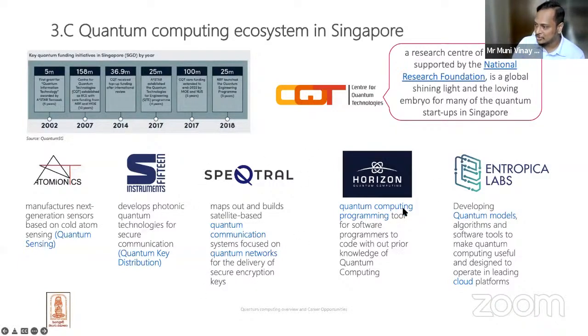And then on the other hand, there are also computing companies like Horizon, which focus only on the programming side. They're building the quantum computing software to interact with quantum computers. Similarly, Entropica Labs is just like IBM or Honeywell or Google. They're building their own cloud-based computing offerings, and a very strong player in Singapore. These 5 companies, and then a small bunch of startups, are the fundamental foundation of Singapore's quantum ecosystem. And it's one string, meaning the idea here is CQT will do lots and lots of research and spin off through multiple startups. But there is another